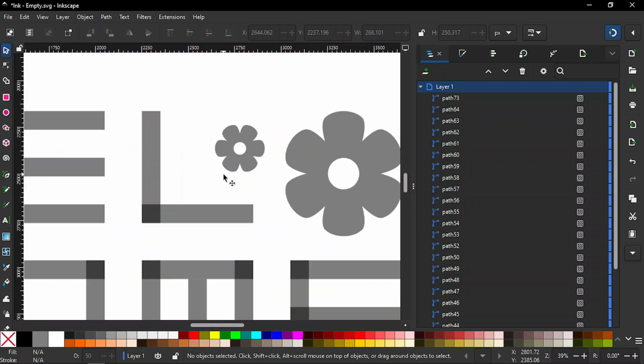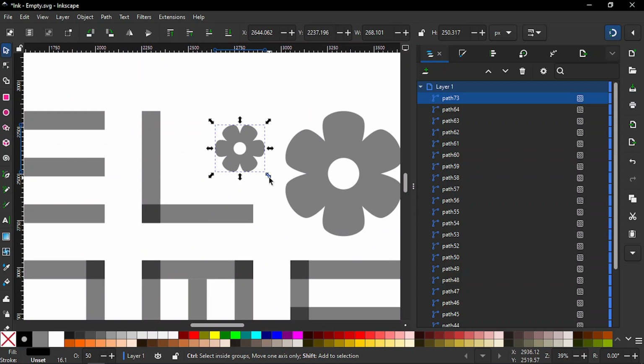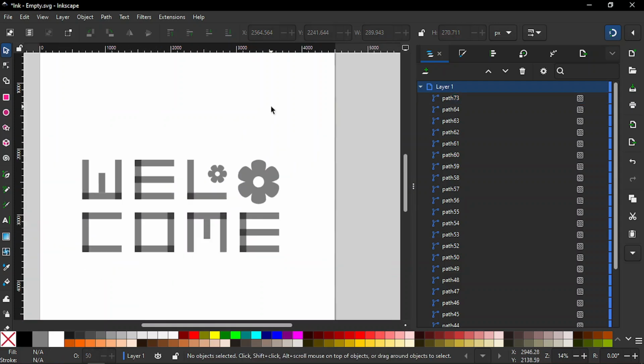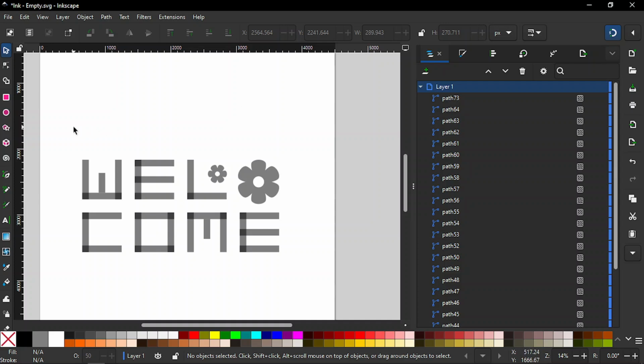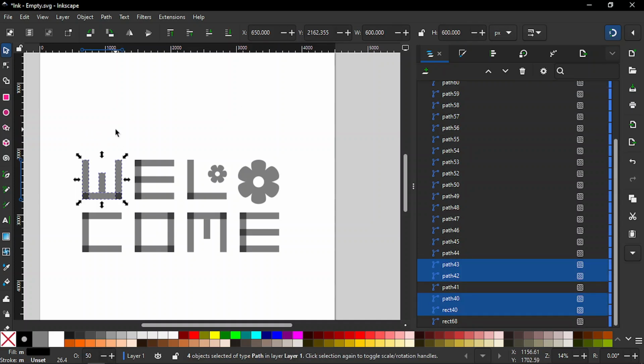If you are not okay with the size, we could increase that just a little bit by pressing Ctrl Shift and holding them and dragging outward. I think that much is good, and we can freely move it just like this. And if we zoom out, I think this is okay. This is fine. Now we will select all the characters here, all the letters,